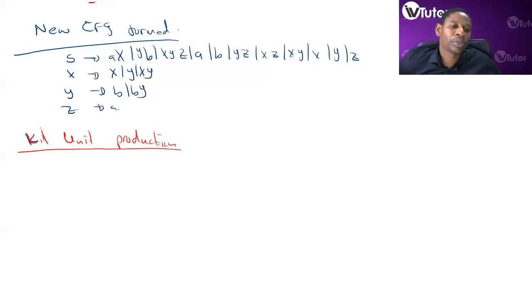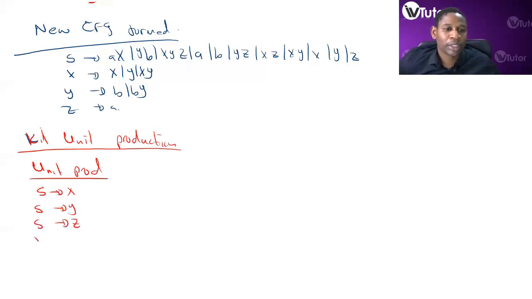Right, so the unit productions, we have got S going to X, S going to Y, S going to Z, X going to X, X going to Y, and that's it. Right? So before we go there, one thing I forgot to mention earlier is that we've got